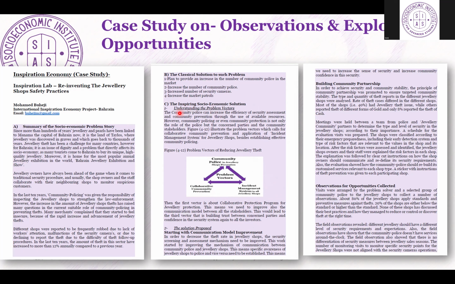Because this type of step, which is the inspired socioeconomic solution, is the first step that will take us to the proper solution, because we start to describe here the opportunities within